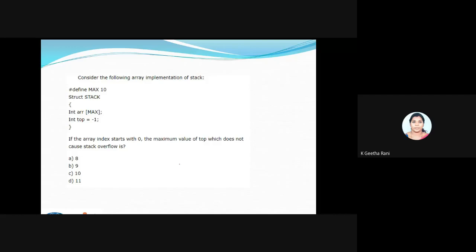In your last question, it's a code. I'm just asking you the conditions. Here I'm using a struct. Like this you can also implement our stack.